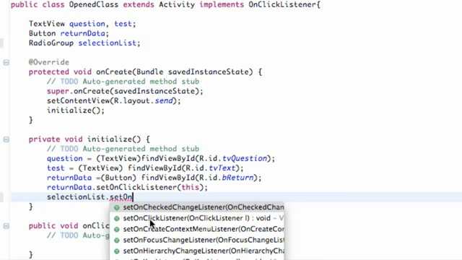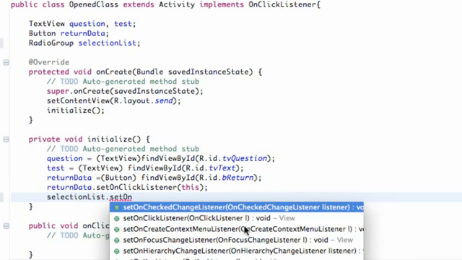Again, we could do OnCheckedListener, but it's better to say OnCheckedChangeListener, because anytime one of those radio buttons within this radio group is clicked, it's going to call this method, basically the OnCheckedChangeListener. As you can see here, within its parameters it takes a variable type or object for the most part,